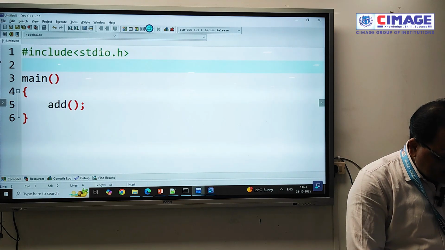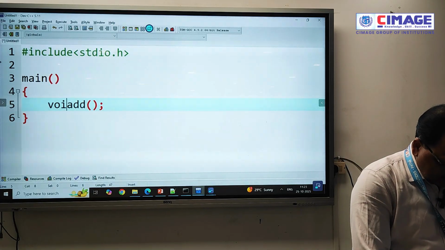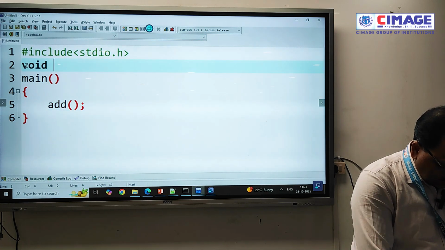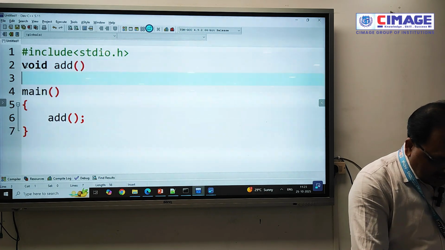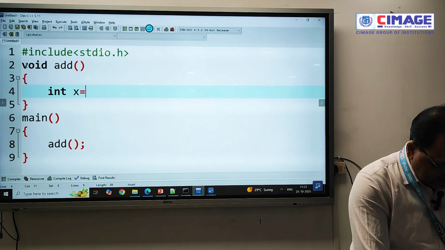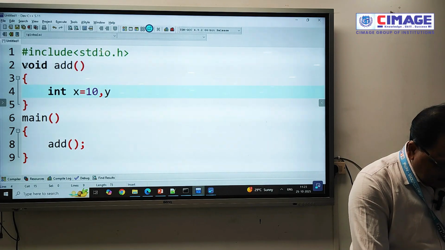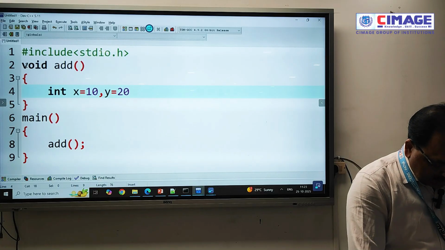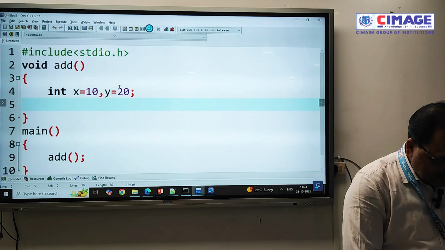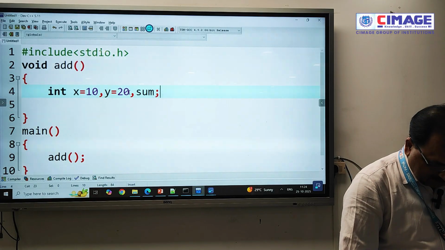Here you can specify a function called void add, and within this add function we have to declare local variables, let's say x equal to 10, comma, y equal to, let's say, 20. And we are going to do the sum of these, so let's say a third variable sum for simplicity.